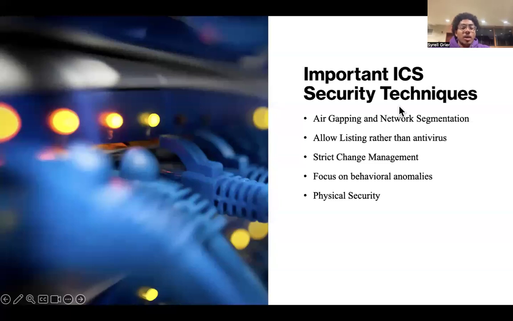Next, we have behavioral anomaly detection, which means that systems continuously monitor for unusual patterns in network traffic, commands, or device behavior. So to do this effectively, organizations must use ICS-aware intrusion detection systems, or IDSs, that understand protocols specific to ICS systems. And lastly, we have physical security, which is just the protection of hardware and access points to prevent damage, tampering, or sabotage. So some of the security controls you can have for physical security include badge access, surveillance, locked cabinets and doors, and environmental controls.